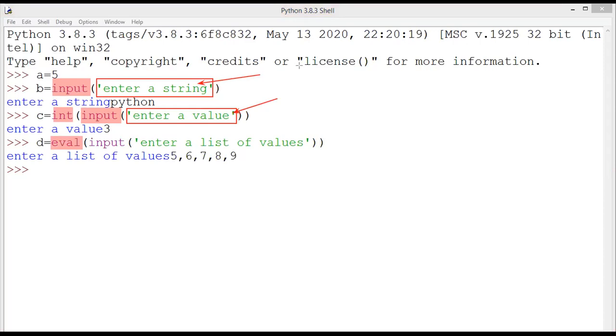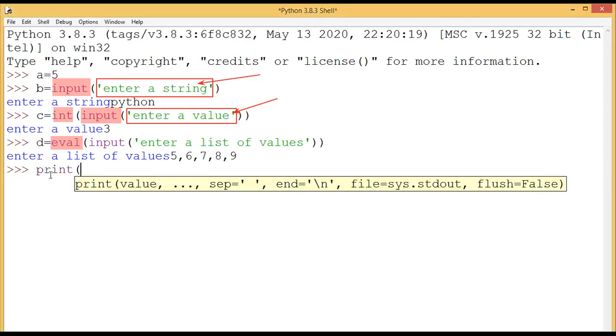Now the next function, that is displaying output on the screen. For displaying output we can use the print function. Understood, students?